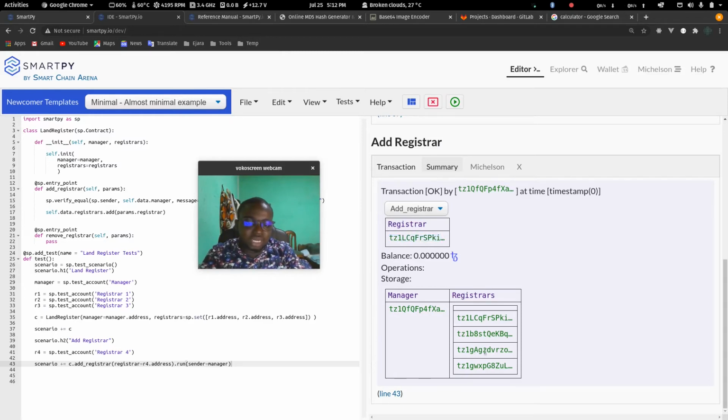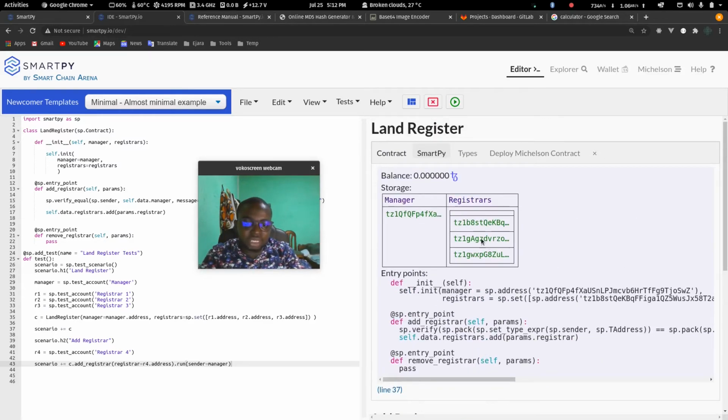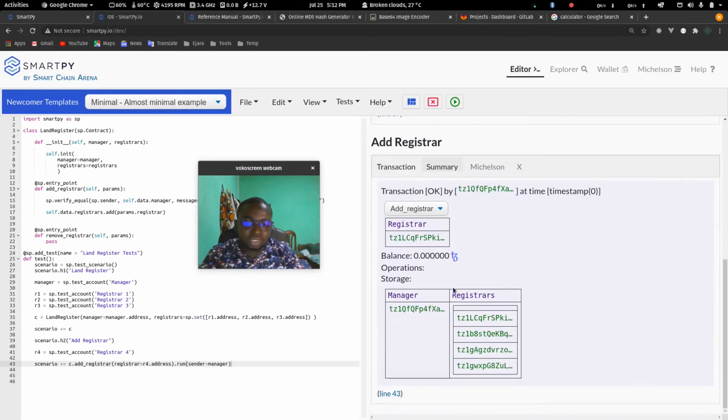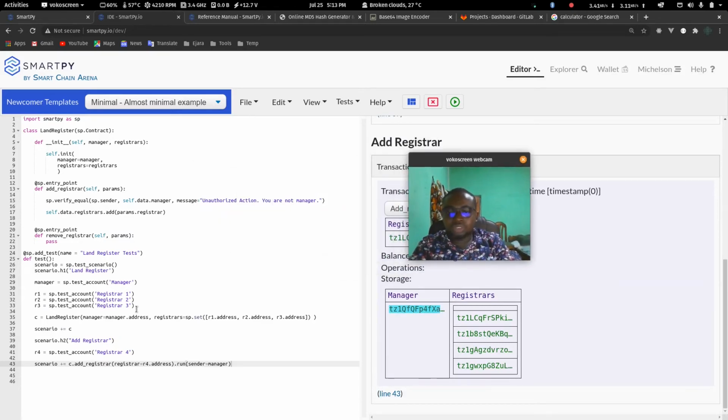And so you can see that now the registrars, initially there were 3, now the storage has increased to 4 registrars, right? And the manager is still the same, the same manager here, right? So let's try something else. So instead of calling the add registrar